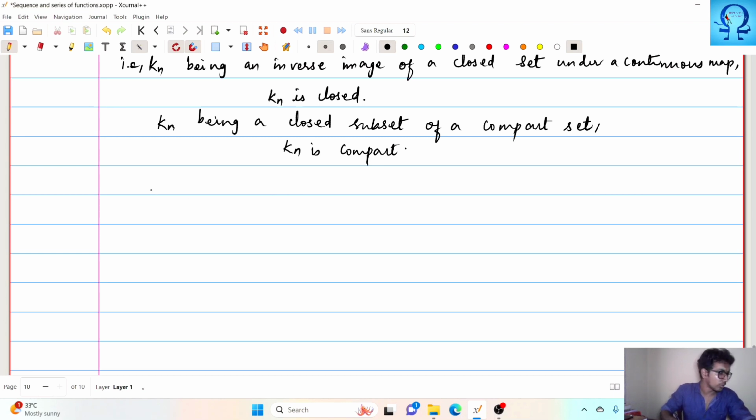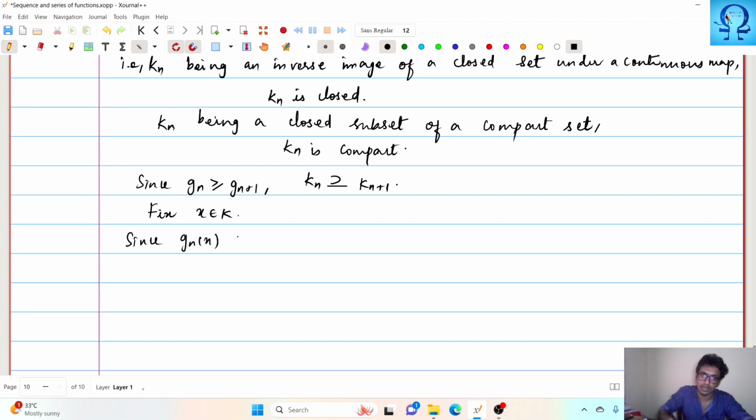Okay, now since Gn is greater than or equals Gn plus 1, we would be able to establish that Kn is contained in Kn plus 1. Okay, now let me fix some x in K. Since our Gn of x converges pointwise to 0, there exists n naught sufficiently large